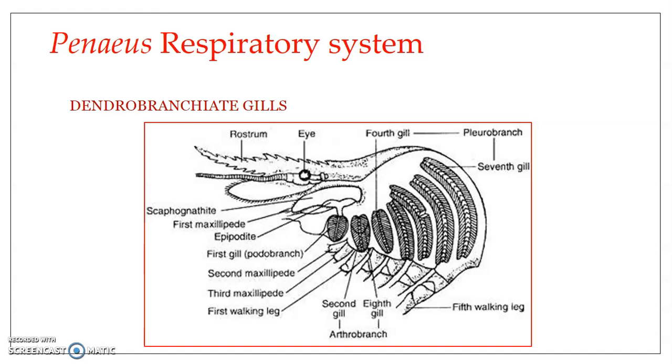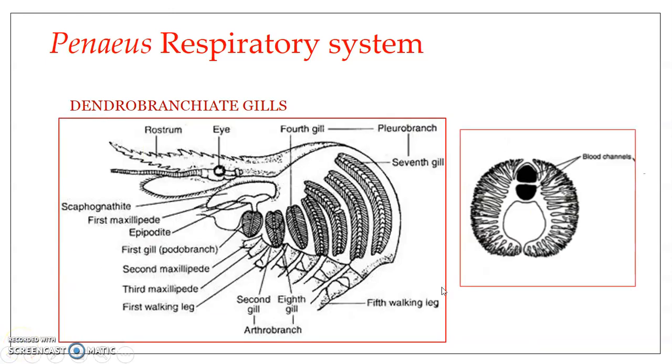Now, when we look into this gill lamella, each of the gill lamellae is further divided and subdivided into very fine gill filaments. And this kind of highly branched gill structure is what is referred to as dendrobranchiate gills. Fine. So as already mentioned, here you can see the figure is a cross section of a single gill. So this part is the gill axis, and on either side of the gill axis we have the gill lamella, and each of the gill lamellae is further divided and subdivided.